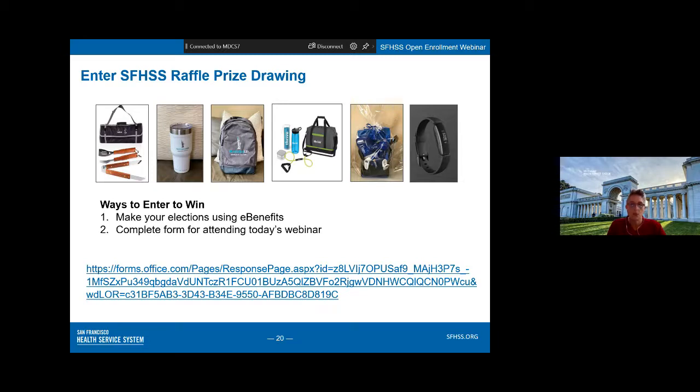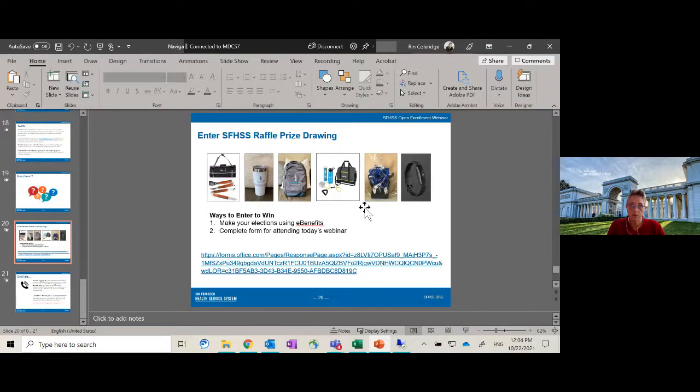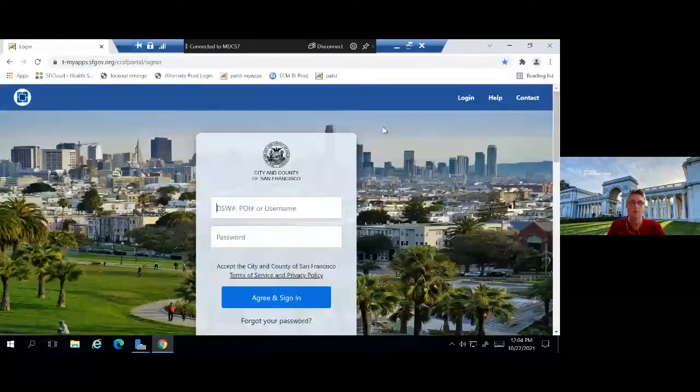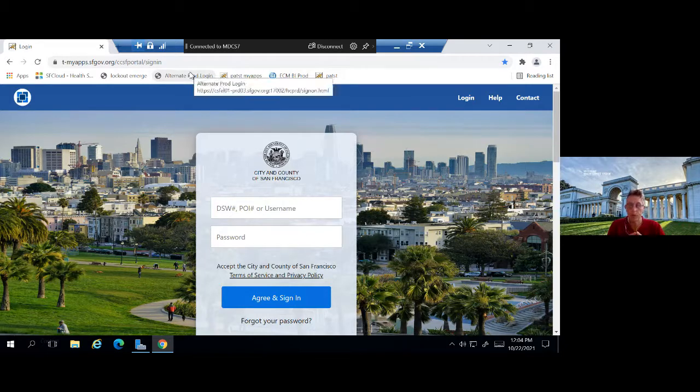All right, so moving right into it, I'm going to flip over. I would like to let you know that I am in a test environment, so things might look very slightly different, but I'll take you through there. The first difference is the address that I go to. We'll put in the chat for you, but the URL to go to for eBenefits is